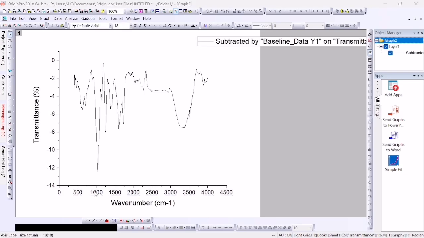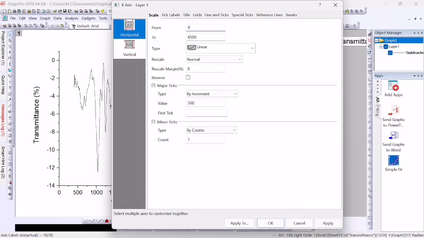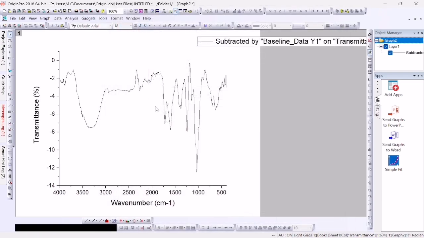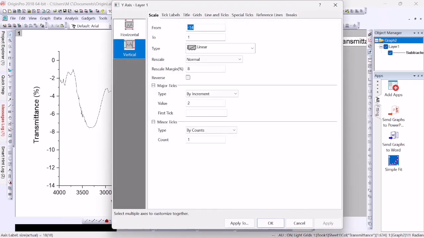Again you have to reverse your x-axis values, 4000 to 400. This graph doesn't look much better. Then you have to set your y-axis as well. Let's set it minus 18 to 2.